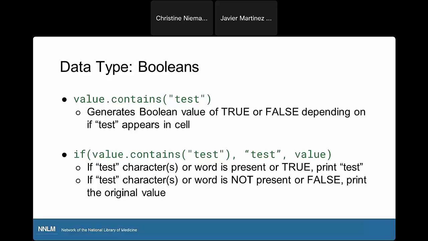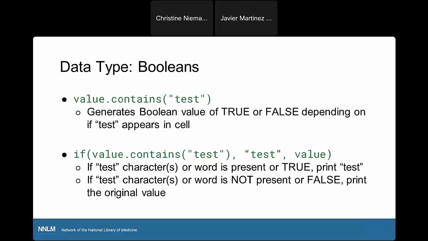Such tests can be combined with other GREL expressions to create more complex transformations. So for example, the GREL transformation if, and then parentheses value.contains and test. The if is another function or expression in OpenRefine. It actually takes 3 arguments. The first one, value.contains test, is asking what is the test or text that you're looking for, and then the second